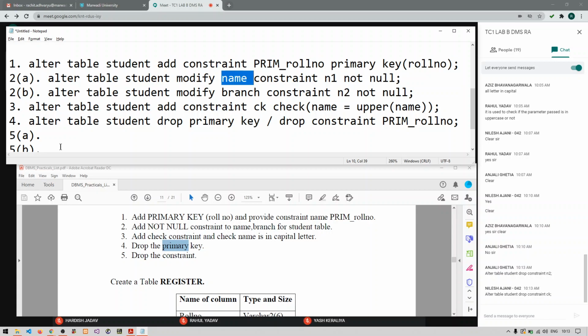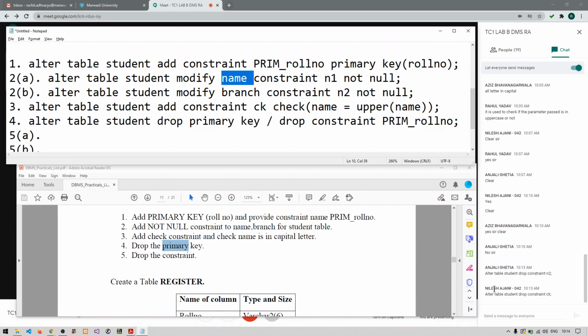Okay, Nilesh has given the answer. Alter table student, drop constraint CK. So now the same thing will be applied to your name column also. Alter table student, drop constraint N1.